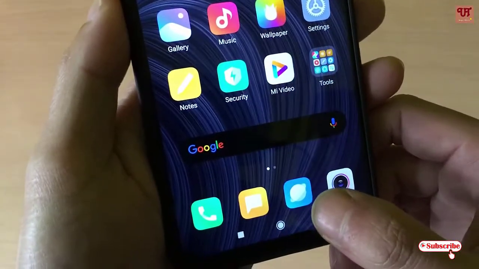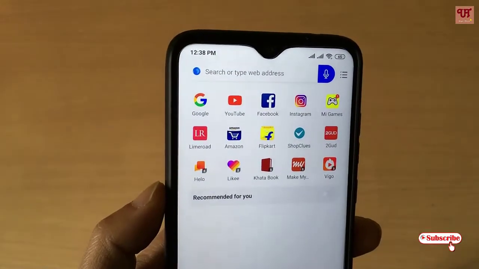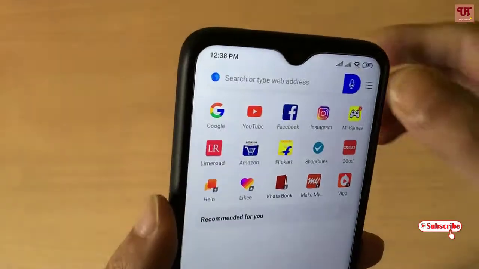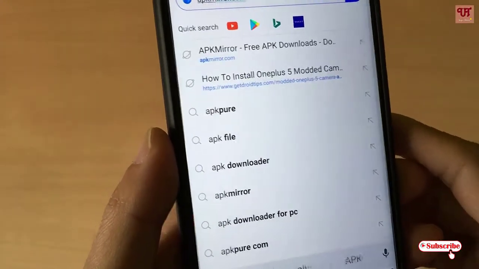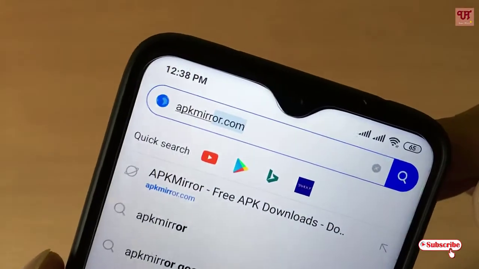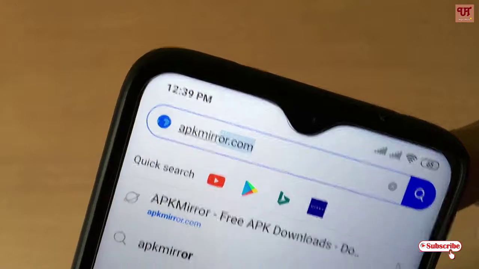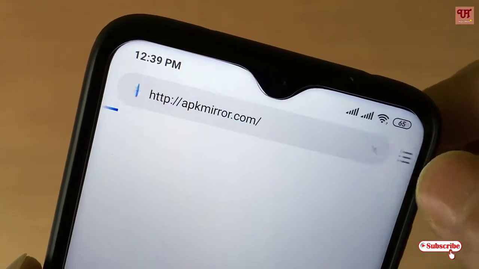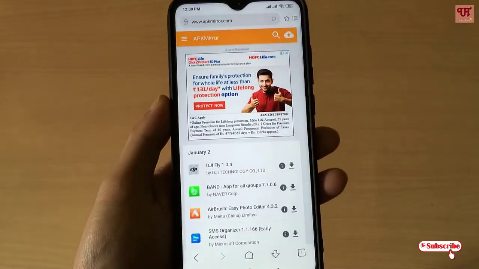First, you need to open any web browser. Once you open the web browser, go to this website, APK Mirror. As you can see, go to this website and just proceed to this website. As you can see, the web page user interface,